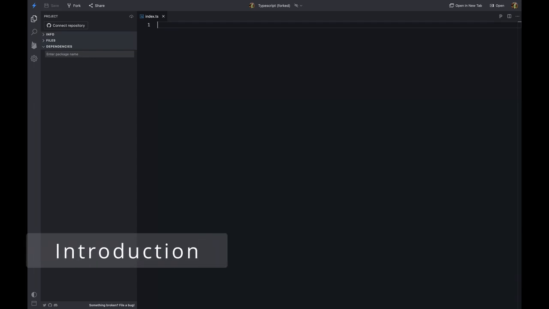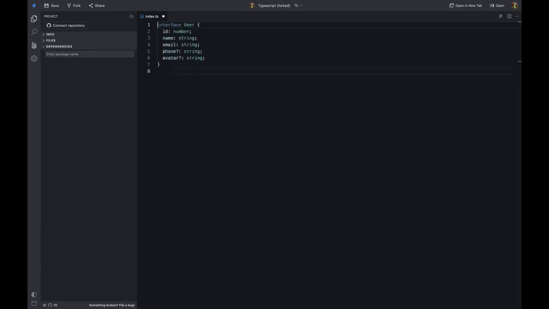TypeScript has a lot of features that make it a great language to use for web development. In this video, we will see utility types in TypeScript. TypeScript utility types are a set of predefined types that allow you to perform operations on existing types to create new ones. These utility types can be used to extract, transform, or modify the properties of a type in a